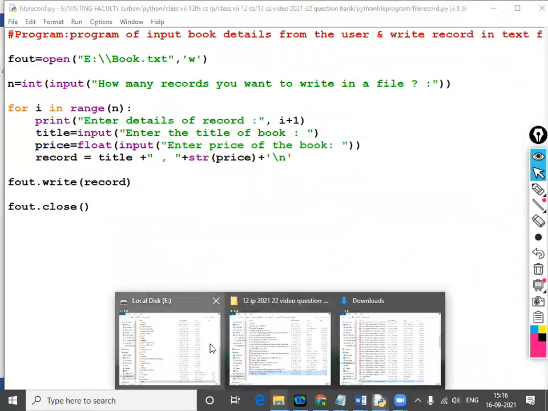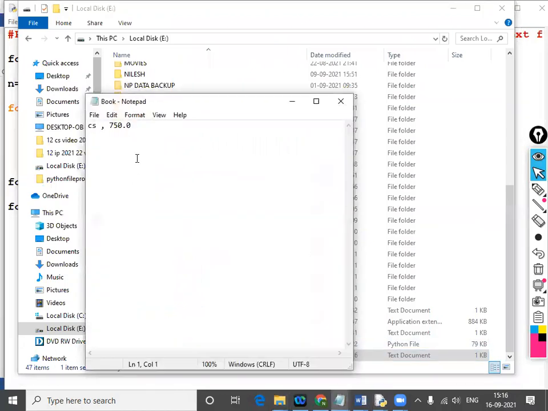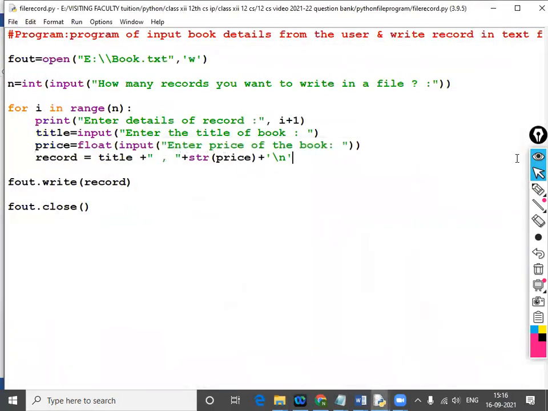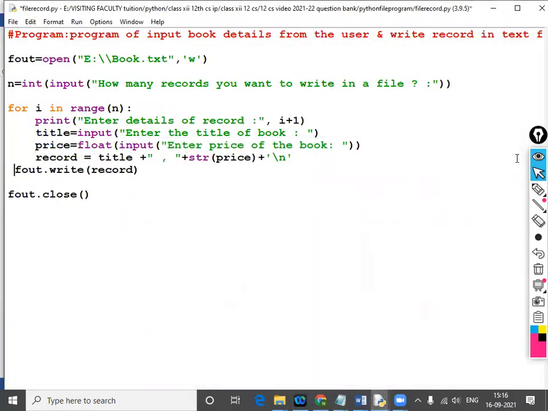Now just see it, check it. Now both the records will display. That's why the important thing is it will store in loop.